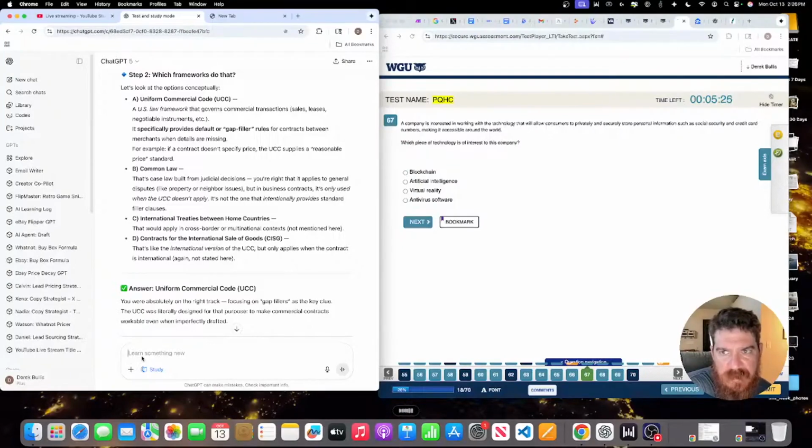Well, just based off of what I just read, a standard secure database structure would work just fine, but I don't think they're going to go that way in this kind of class. So A is blockchain, B is artificial intelligence, C is virtual reality, and D is antivirus software. So I'm laughing right now. All right. Which piece of technology is of interest to this company? All right. So just out of those options, to what their end goal is,